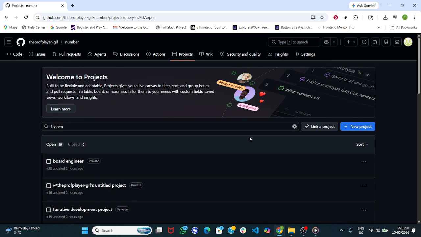If the project doesn't appear in the list, check a few things. First, verify you have at least read access to the project and write access to the repository. Second, confirm you're looking under the correct owner, such as your user or the right organization. Third, if no projects show up at all, create one first from your profile or organization page, then return to this repository and